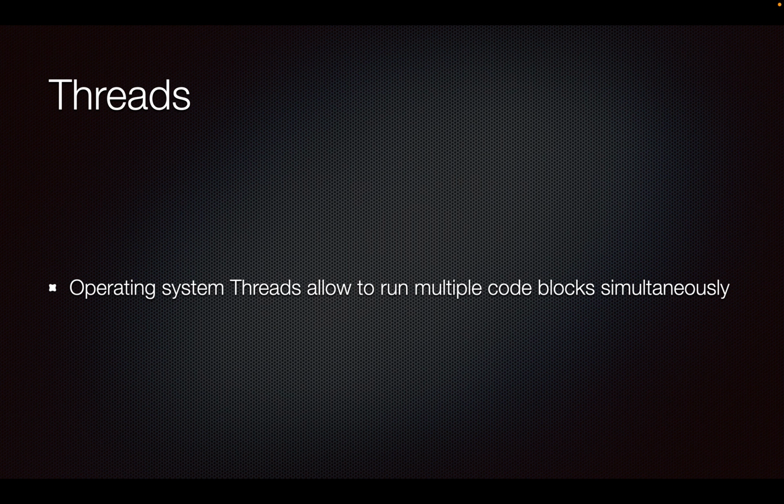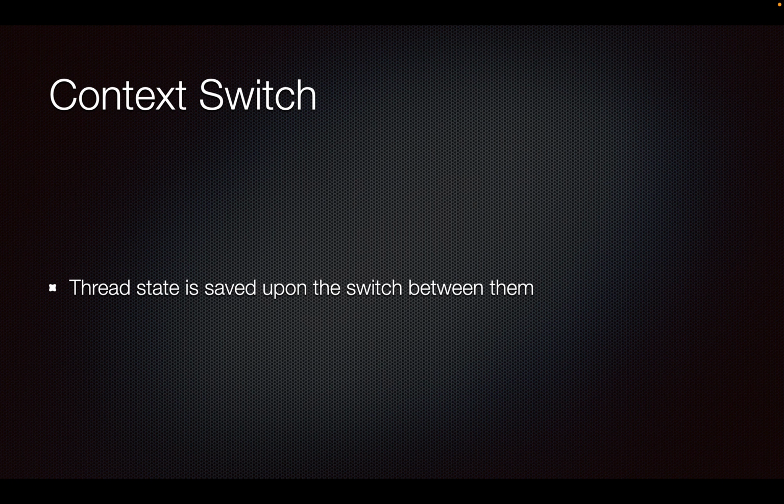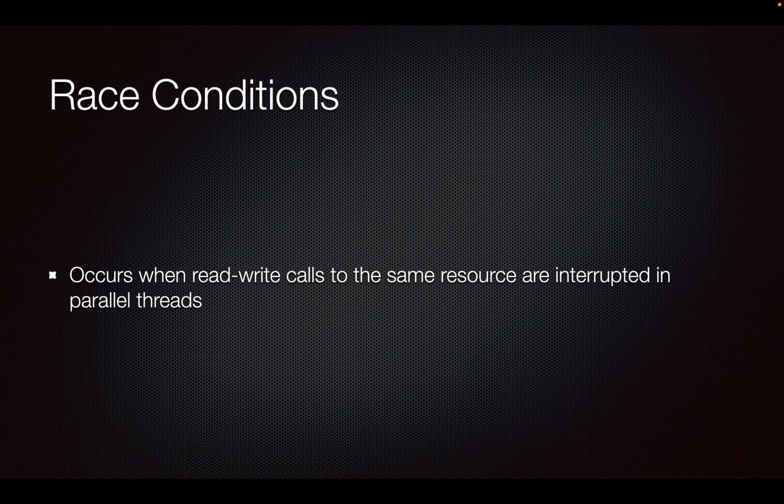about the threads is that when they switch, they actually preserve and save the state of internal registers, or the state of the local variables saved to CPU registers, in specific parts of memory, and then they load this memory when they switch those threads. This mechanism is called the context switch. So this switch actually leads to specific issues, which are called race conditions. It happens when the thread is interrupted during the read-write calls,